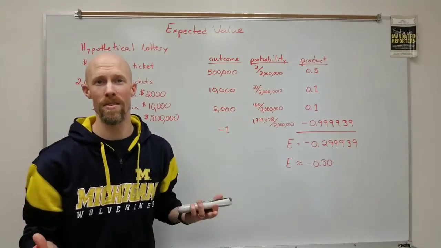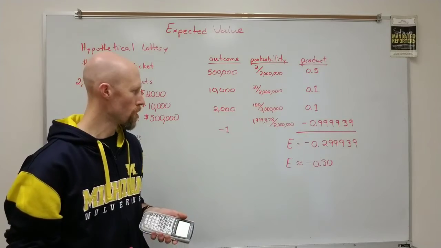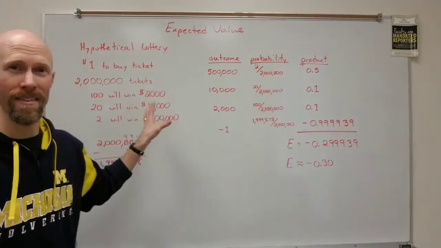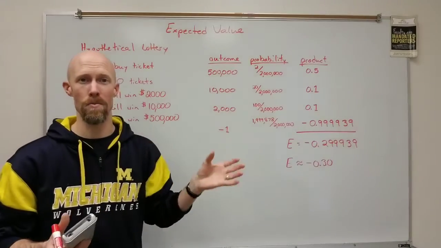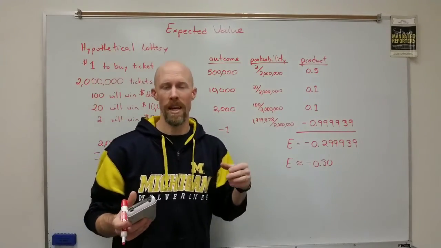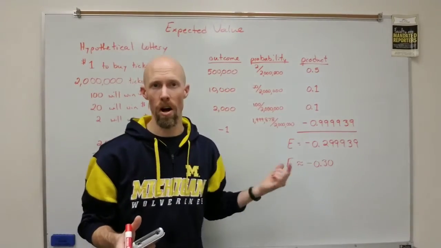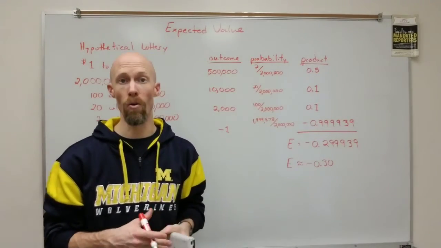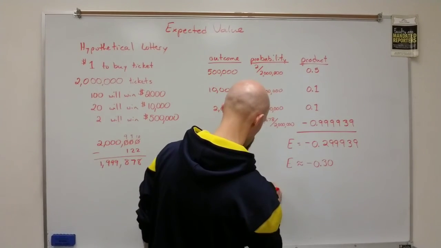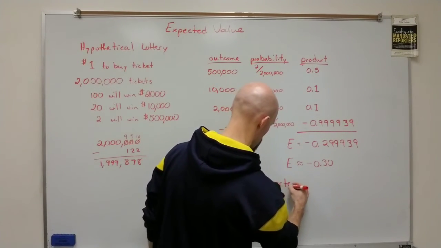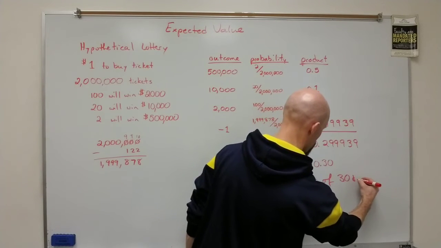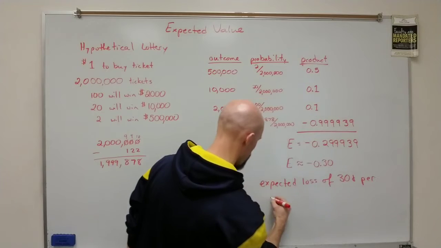Okay, so if you played this 1,000 times, you would expect to lose $300 total, even if you won the jackpot, right? So no matter how many times you play this, in the long run, the average gain or loss will be, in this case, a loss of 30 cents. Okay, overall per ticket, right? So that's an expected loss of 30 cents per ticket